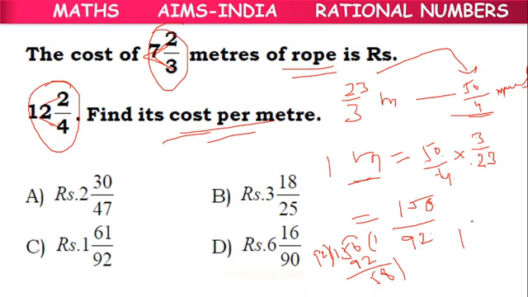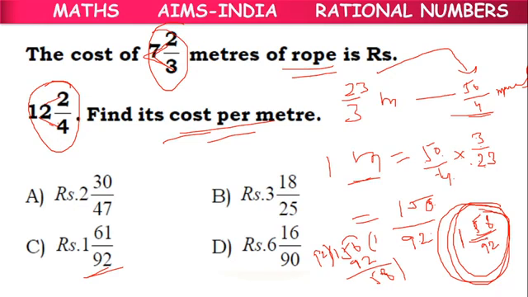So what can we write? 158 by 92. But there is no such option here. Okay, children. According to this, 158 by 92 is the correct answer. In the exam, if any question like this comes, additional score will be given for that. Okay, children. You can try once. If there is any mistake, please rectify the answer.